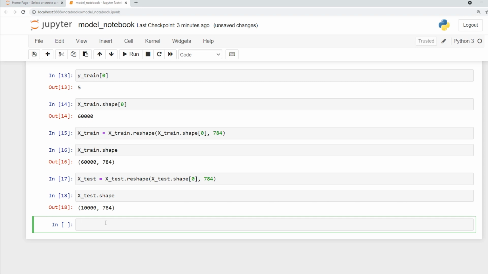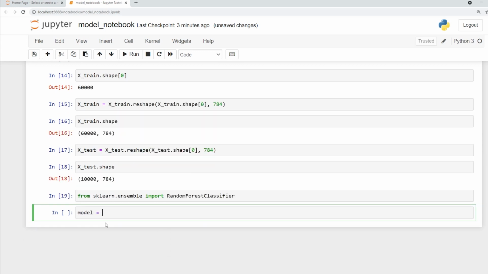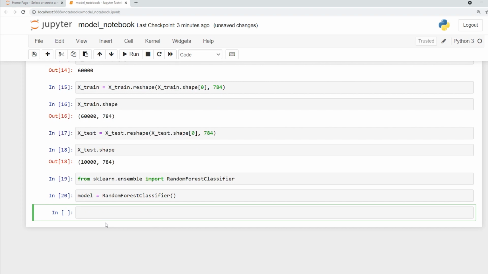Now I don't have to scale it, because I am going to use the random forest, because we have to move on with the ensemble methods. Ensemble methods are pretty much easy to use. They are pretty much cool. So I'll directly start building the model. Even the split is already ready. So I'll say from sklearn dot ensemble, I'm going to import RandomForestClassifier. Then I'll say model is equal to RandomForestClassifier, and I'm going to go with the defaults. I don't want to specify any parameters at the moment, because we are focusing much more on the development and the deployment of this machine learning project. We can work on the model many times.